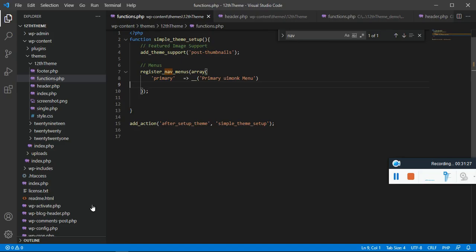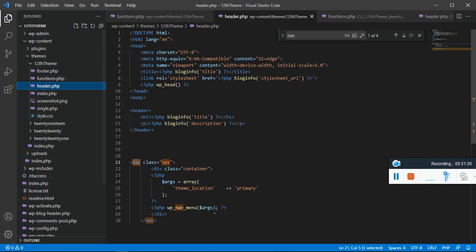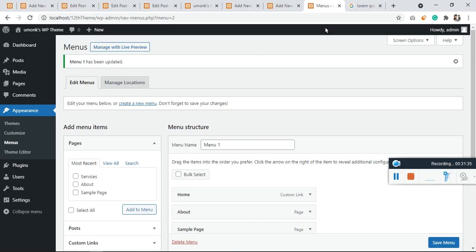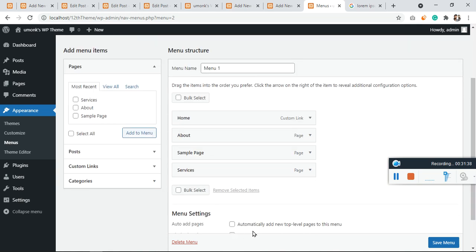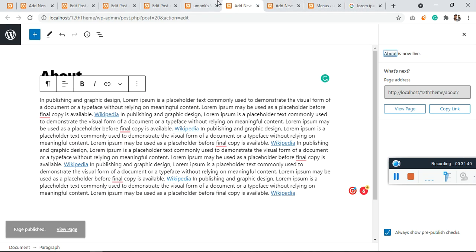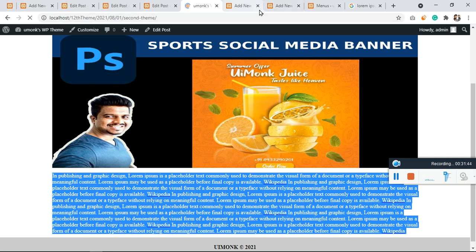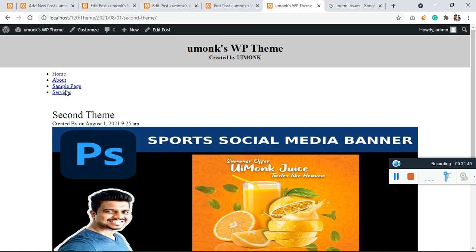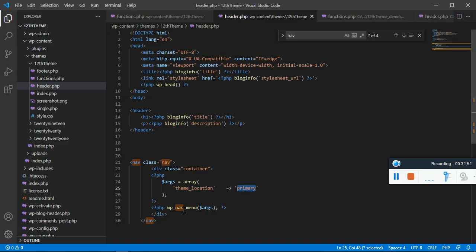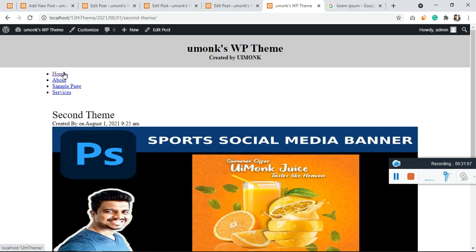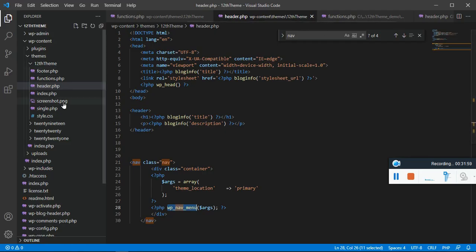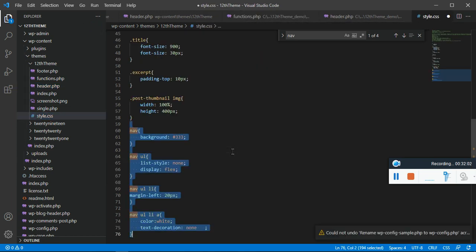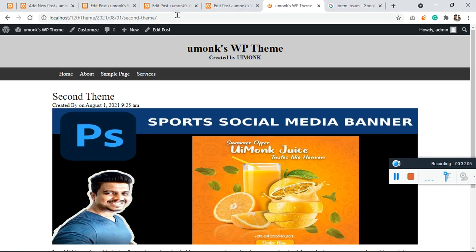So this primary menu is linked with the header file. Let me show you the header as well. You're passing this; yes, I need this menu to be primary, and we have ticked this as primary. Now if we get into the actual page, on single.php, we can see the menu over here. What we are getting with the help of wp_nav_menu is just a list of ULs and LIs. Inside UL we have LI, inside LI we have an anchor tag. I have styled this with CSS, and there you go.